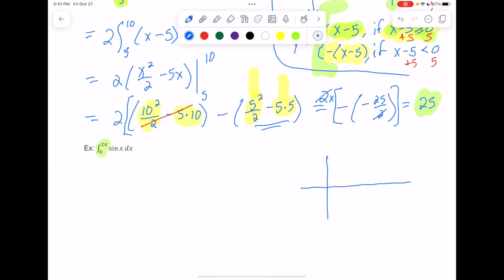So a sine function starts out at 0. When you get to pi, it's 0 again. And when you get to 2 pi, it's 0 again. When you get in between at pi over 2, sine is up to 1. When you get in between over here at 3 pi over 2, sine drops down to negative 1. And in between, you have that sine wave that we learned in trig.